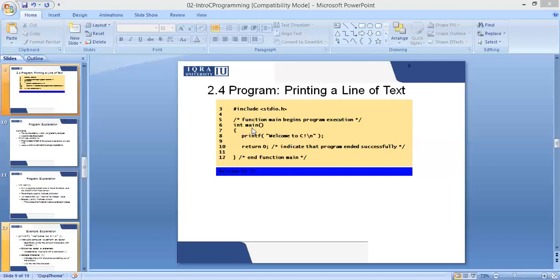Main is the most basic function of C language. Whenever you see these open bracket, close bracket written anywhere, that means the word written before it is a function. Main is a function. Whenever I am writing a program, I need to start with main.